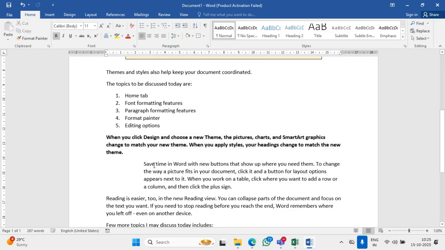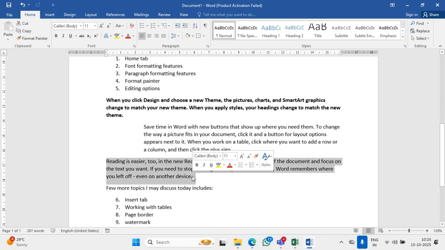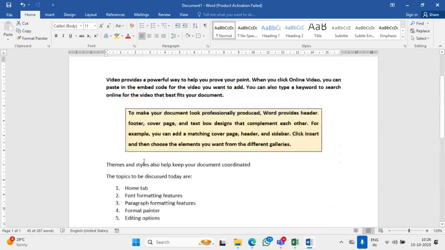Now, suppose I want to continue the same thing with the second paragraph as well. I again need to repeat the process. So if you have more paragraphs or more content which are not continuous but segregated and separated, and you want to apply the same formatting and select multiple times,